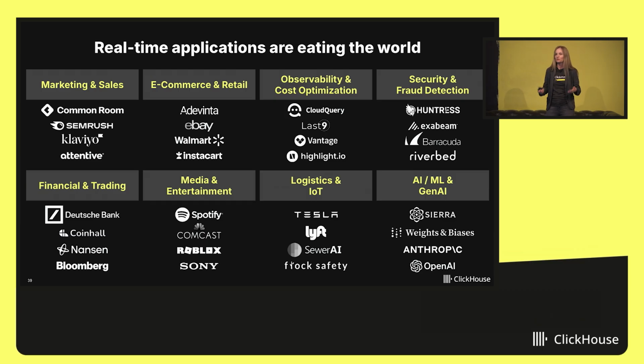E-commerce and retail, similarly, applications need to be fast and up to date for customers that you see here. Observability, vendors build on ClickHouse, and then we'll talk about how also teams within companies do the same. Cyber, this is a whole industry. We'll hear from Exabeam, one of the leaders in the cyberspace, about their use case, but there are many others, including in the room here. They're building on ClickHouse to make sure that their users of their cyber products have a fast experience when they look at huge amounts of security data. Finance, media and entertainment, logistics and IT, these are whole industries that are built on analytical data sets.